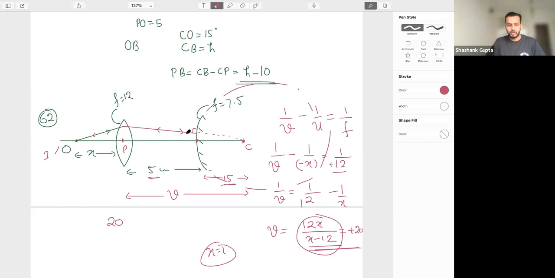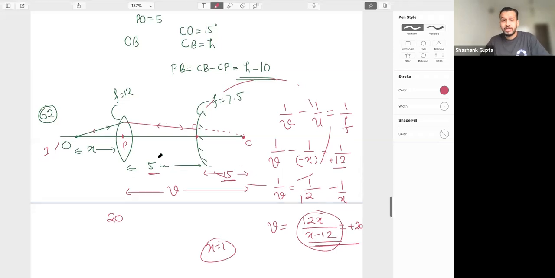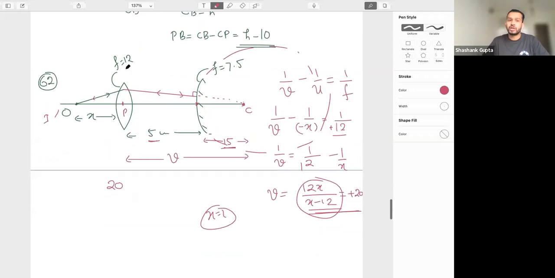Does anyone have a doubt in this? Quickly tell me, is there any doubt in this one? Sir, how about the lens? This is the converging lens, focal length is always taken to be positive if nothing is mentioned. How is the focal length taken to be positive or negative? If I have a lens and the ray is coming from infinity, it depends on where it is actually converging, or where it is supposed to converge or diverge.